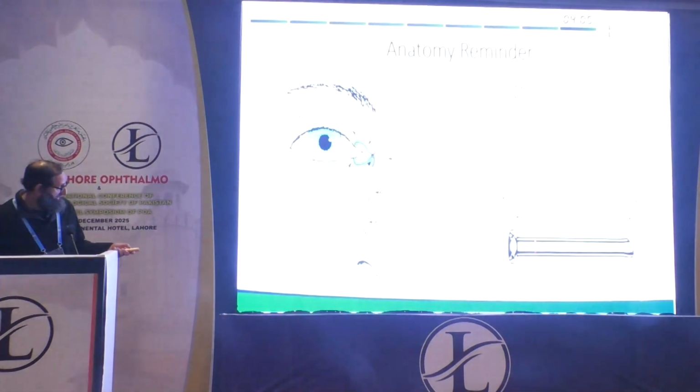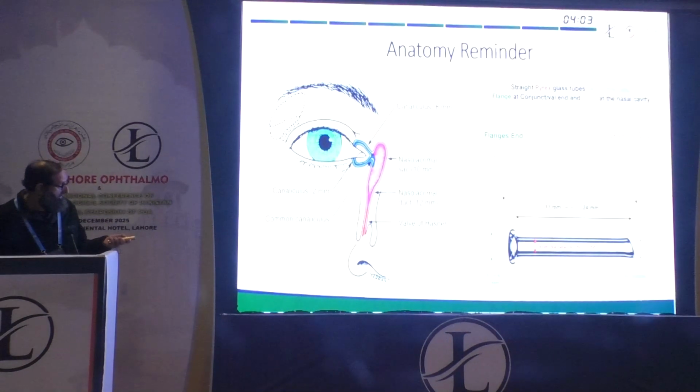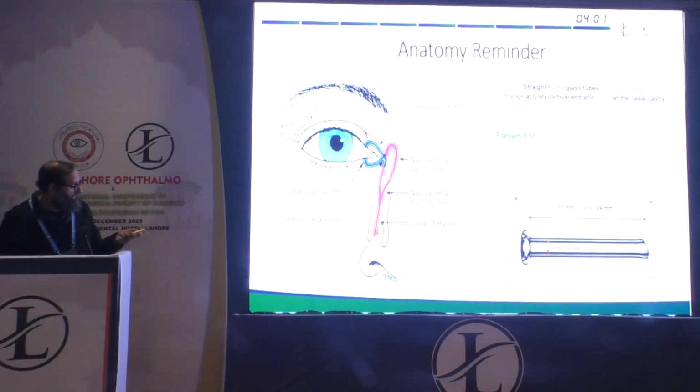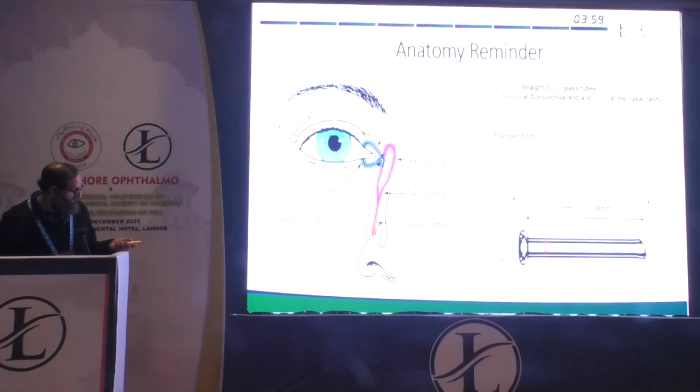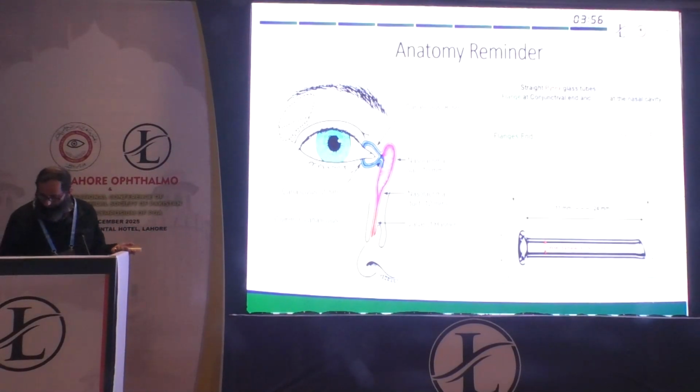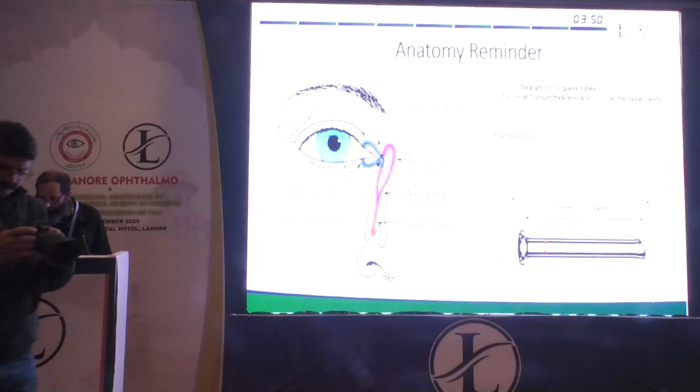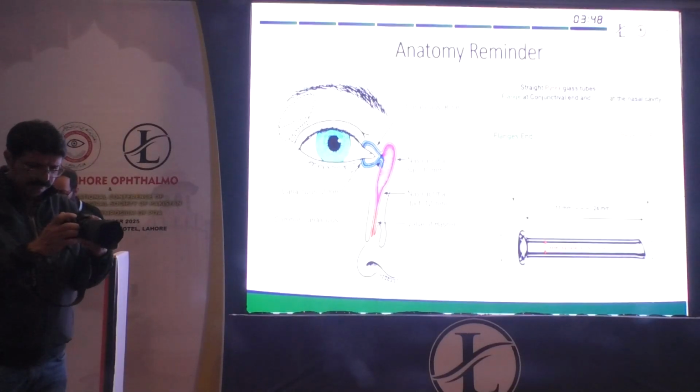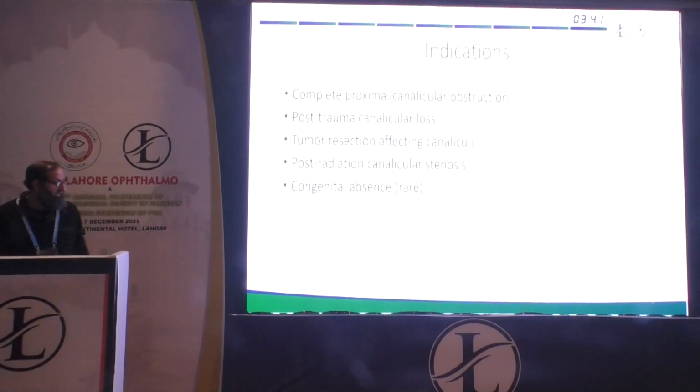The Lester-Jones tube is a Pyrex tube about 14 to 22, 24 millimeters long. The inner diameter is about 1.5 to 1.7 millimeters, the outer diameter of the tube is 2.5 millimeters, and the flange is 3 to 4 millimeters. These are the indications for this surgical technique: complete proximal canalicular obstruction,